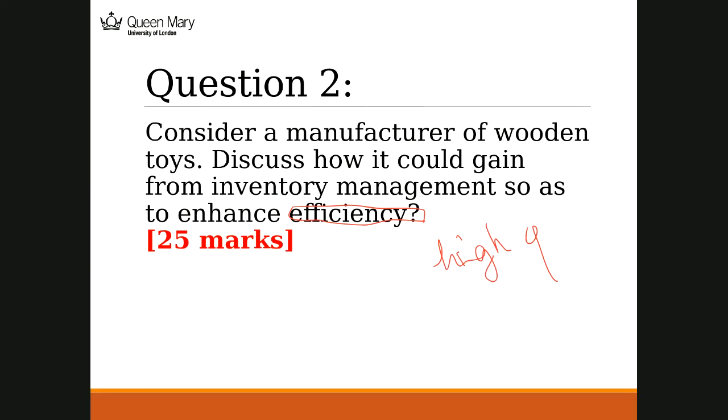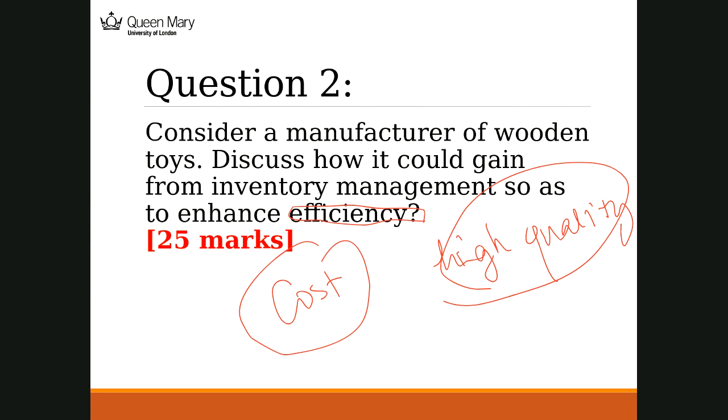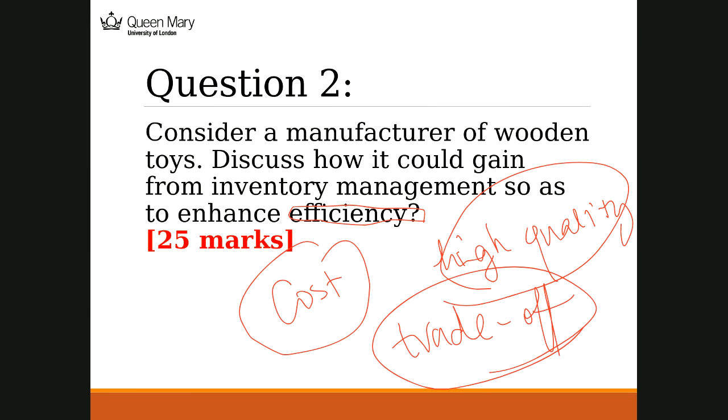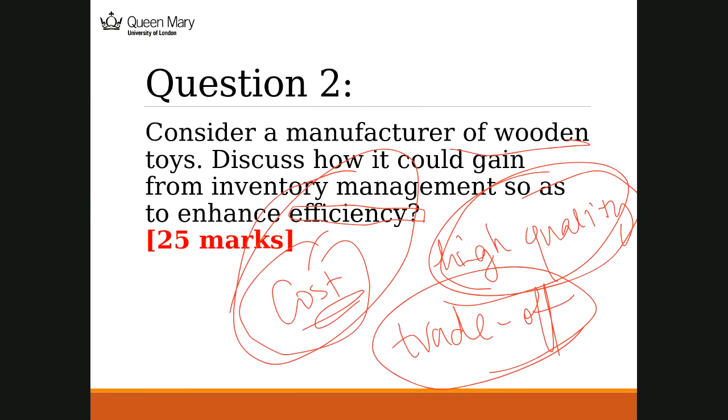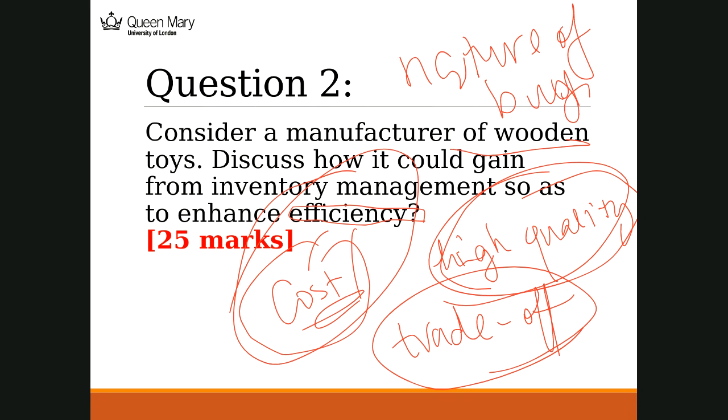products. But do you remember we said quality is actually the trade-off factor to cost and then to efficiency. These two are on one side, and then quality is on the other side. And this is what's called the nature of the buy. So if this question is asking you about efficiency, then I'm probably trying to